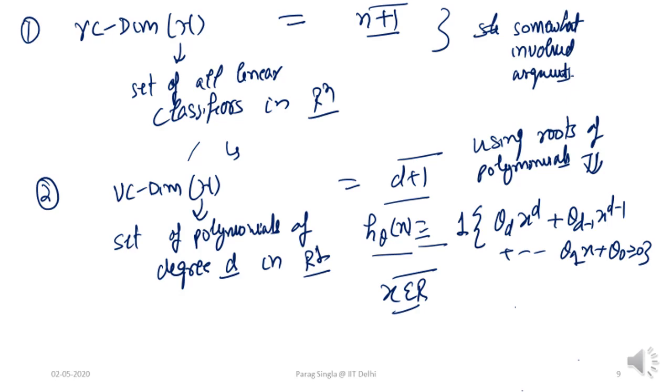And you can make a very interesting argument. Think about how to make that argument. It can also be thought of as a homework exercise for you, and maybe I will post it as part of a practice problem. If I don't, please remind me. But try to prove that the VC dimension of this hypothesis class, which is the set of all polynomials of degree d in R^1, is exactly equal to d plus 1. I encourage you to think about it offline, and remind me if I don't, that I will post it as a practice problem on the course website. Thanks.